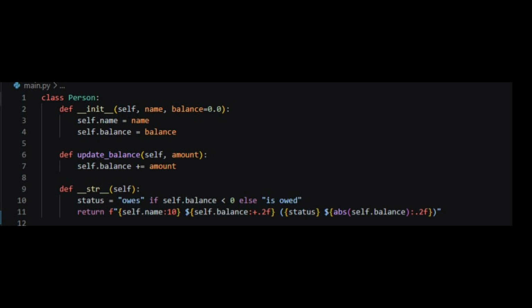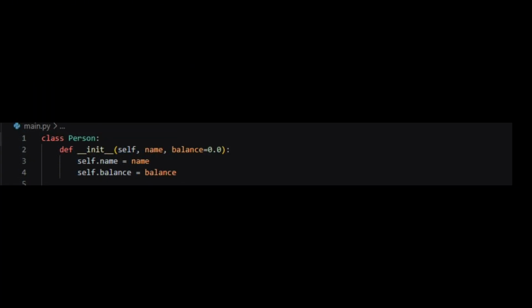Inside the constructor method, or __init__, the program initializes two attributes, name and balance. The name attribute stores the user's name, while the balance attribute keeps track of the user's financial standing.